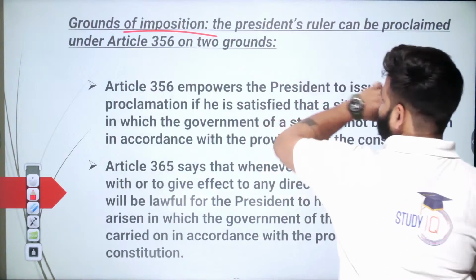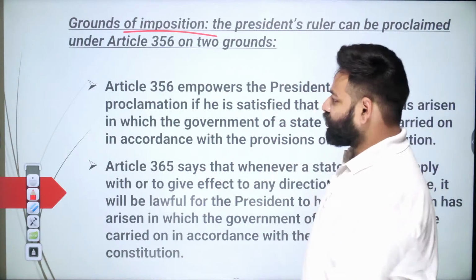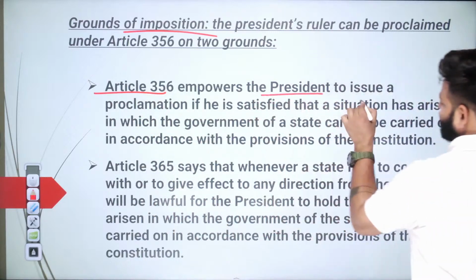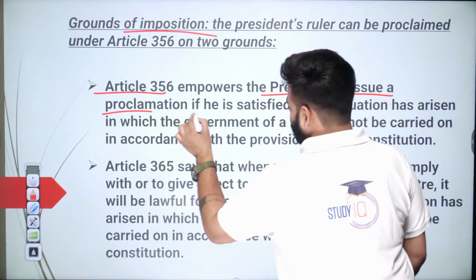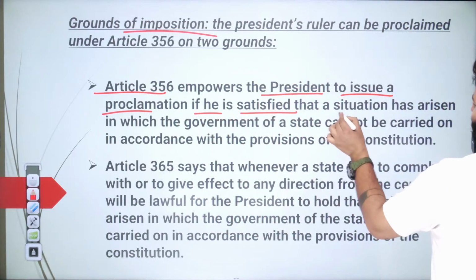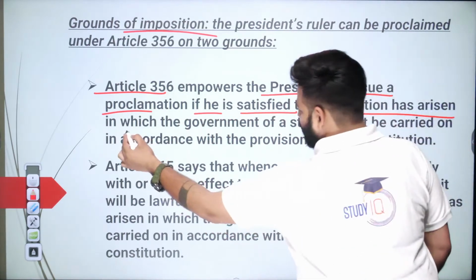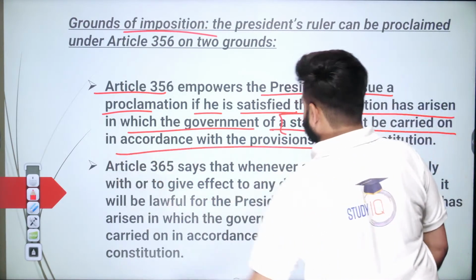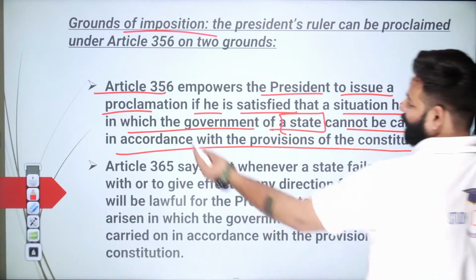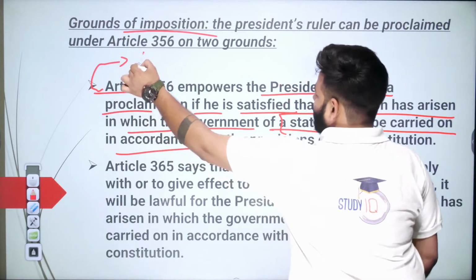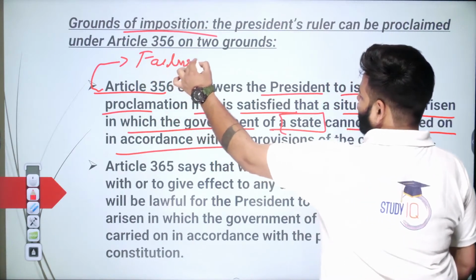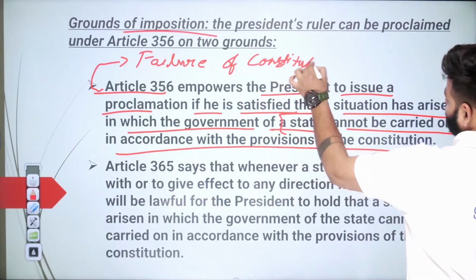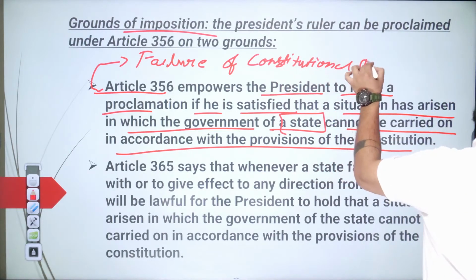Grounds of imposition. Okay, so two grounds. Ground 1, Article 356. It empowers the President to issue a proclamation if he or she is satisfied that a situation has arisen in which the government of any state cannot be carried on in accordance with the provisions of the Constitution. That is basically, Article 356 says that in case there is the failure of constitutional machinery in the state,